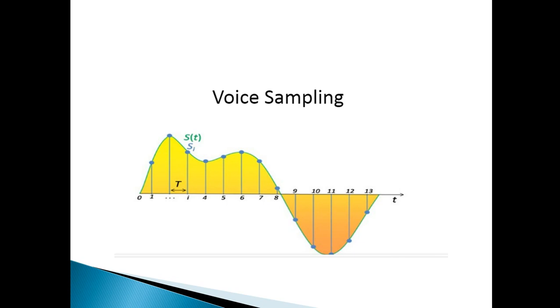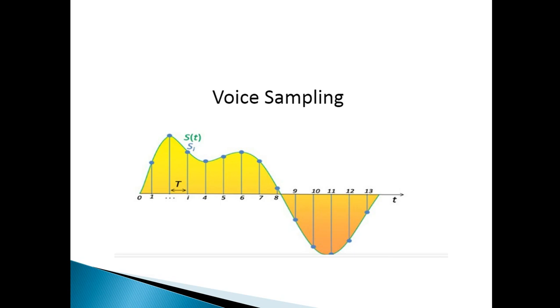So you can see over here, this is the voice sample, right? And over here you can see the time series, and here is the voltage, or I can say the amplitude of your voice, right? In 1 second, the system will take 8,000 samples. For example, here it shows 13 till 13. So in a second, the system will take 8,000 samples, and each sample is represented in 8 bits. For example, this one, right? It starts at the first sample, and let's say the amplitude of this sample is 5, right? That 5 is converted into binary, and then the binary is converted into bits,